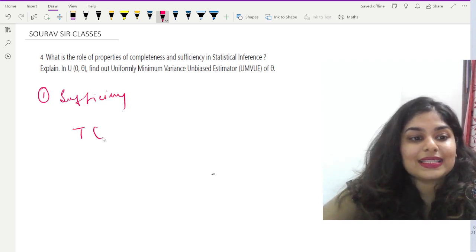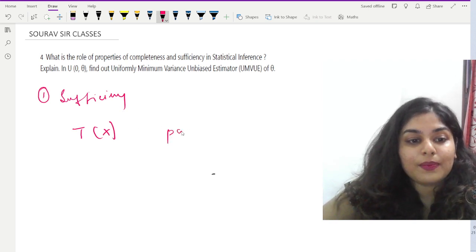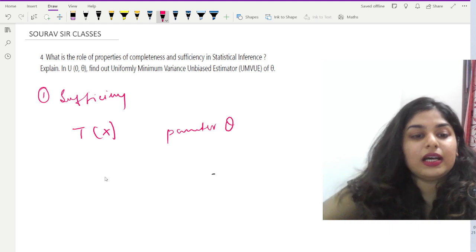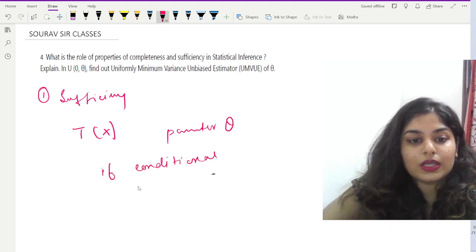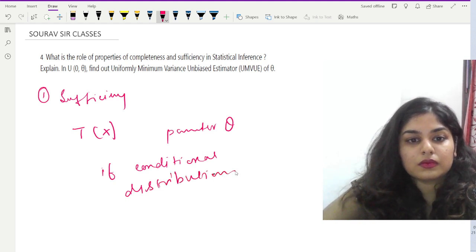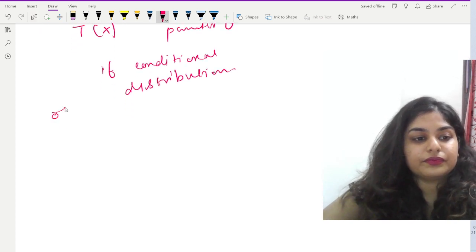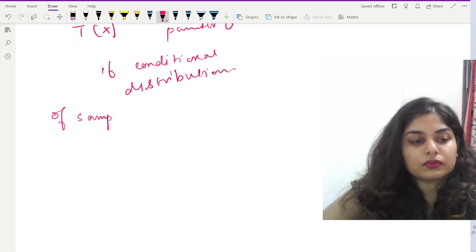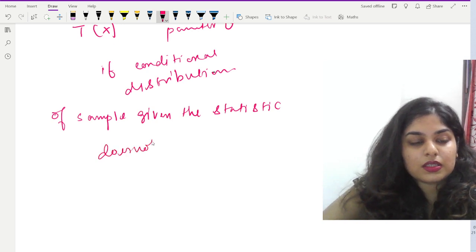Suppose we have a statistic T, and we will say that it is a sufficient estimator of parameter theta if the conditional distribution of the sample given the statistic does not depend